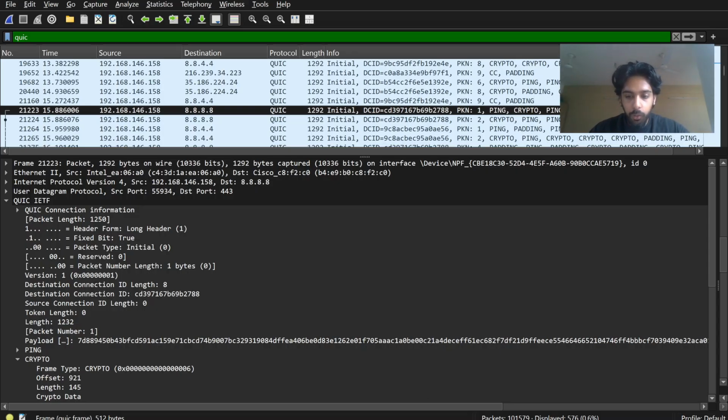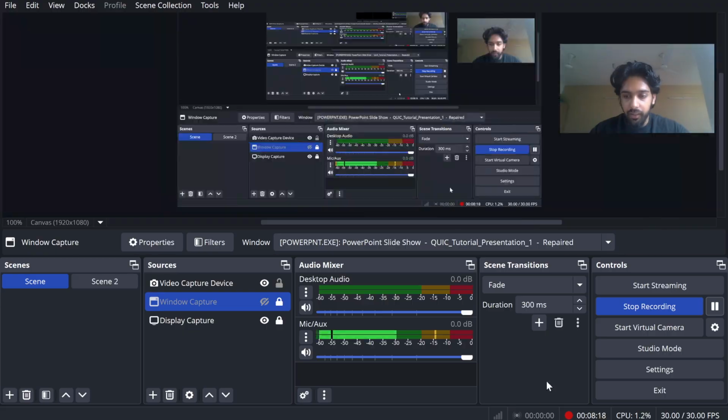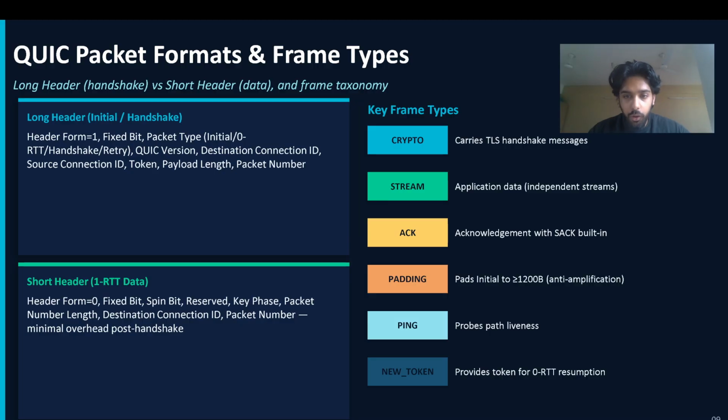But we have also observed what is zero RTT. Okay, so let's talk about the zero RTT. Over here, you can see the new token frame. It is basically the main reason we can use zero RTT. Any initial connection usually begins with one RTT, because to establish a connection, we need one RTT to get it secured and have all the settings up to date.